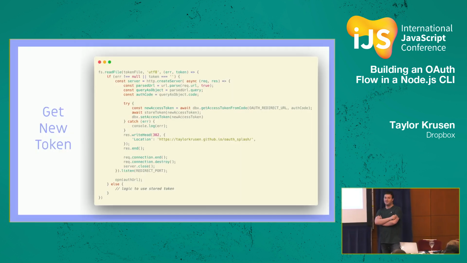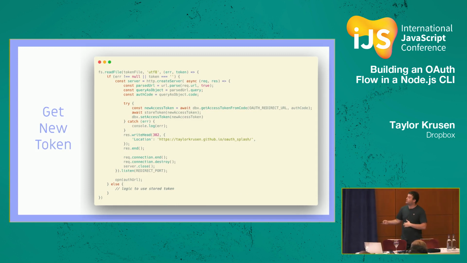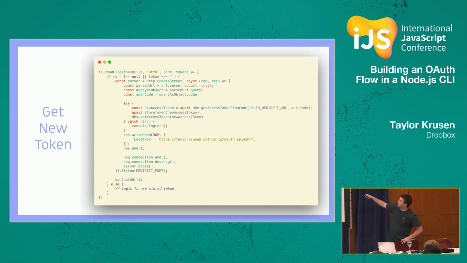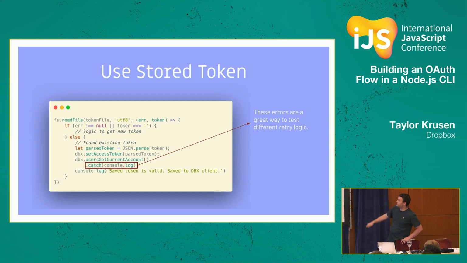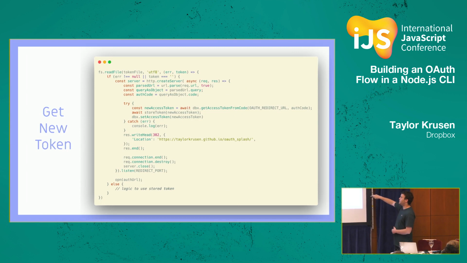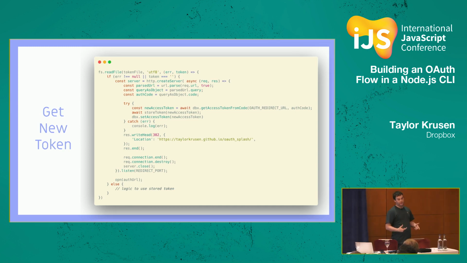And here comes the lots of code where it's going to be a little bit trickier to get through all of it. Don't worry too much about the implementation right here. We're going to talk through it in context. What we care about here is this is the same little conditional block that we were just looking at. This is the fs read file where we have a simple conditional inside of it. In the top half, the part that we're taking out of this code is the logic that we were just looking at for handling a stored token. So if we don't have a stored token, we know we need to get a new one, that's up in this top section. That's when we need to actually have a server available to listen for our authorization code